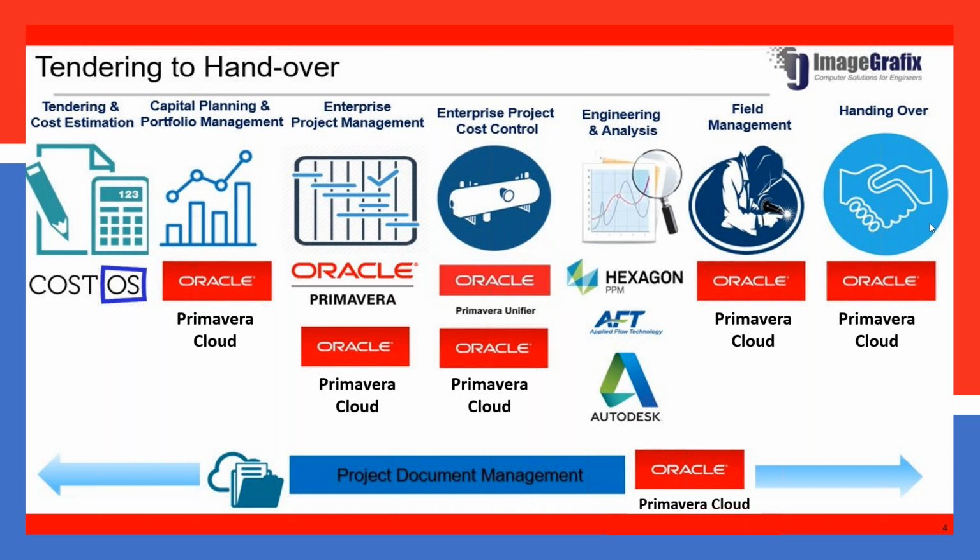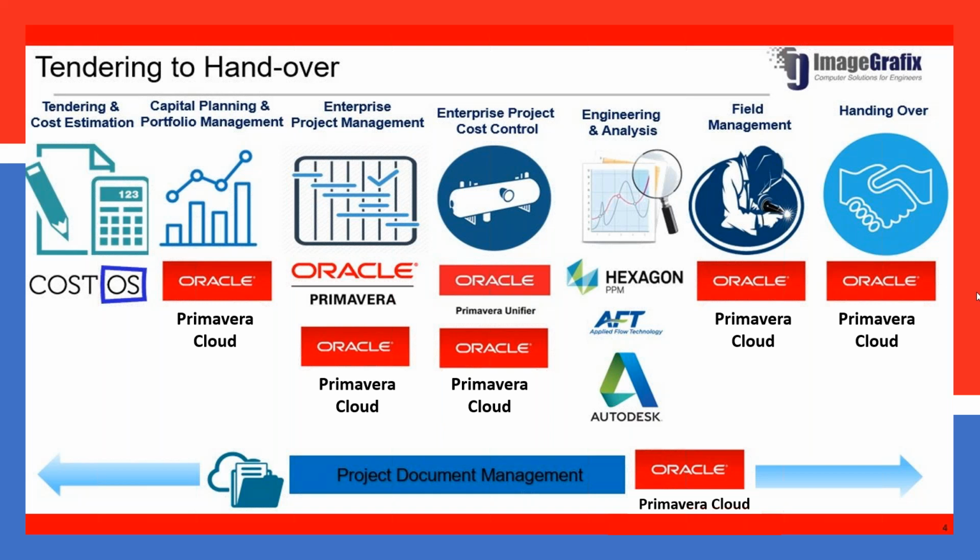So this is on the project management side. Apart from that, for engineering analysis, we have a tie-up with a few more companies worldwide. Hexagon is a product which helps you do pipe stress analysis using Caesar, pressure vessel, structural, any of these kinds of analysis or 3D modeling. AFT is for flow analysis, either gas or liquid, any flow analysis you can perform. And Autodesk for BIM, so anything on the BIM side, we will be in a position to use Autodesk.